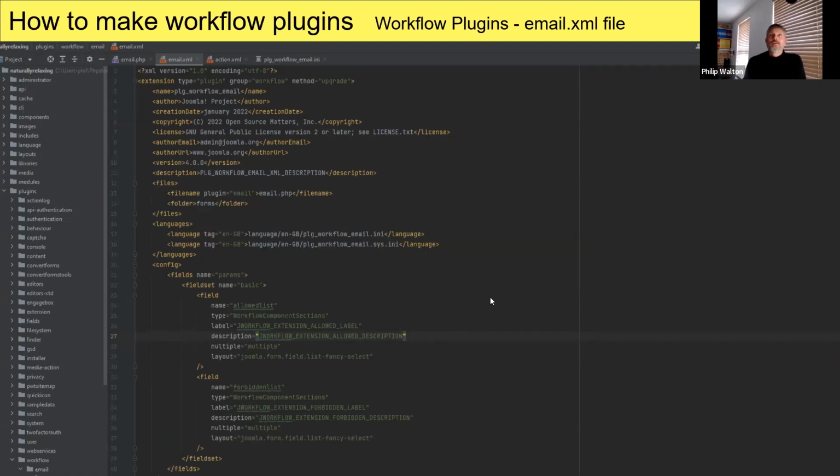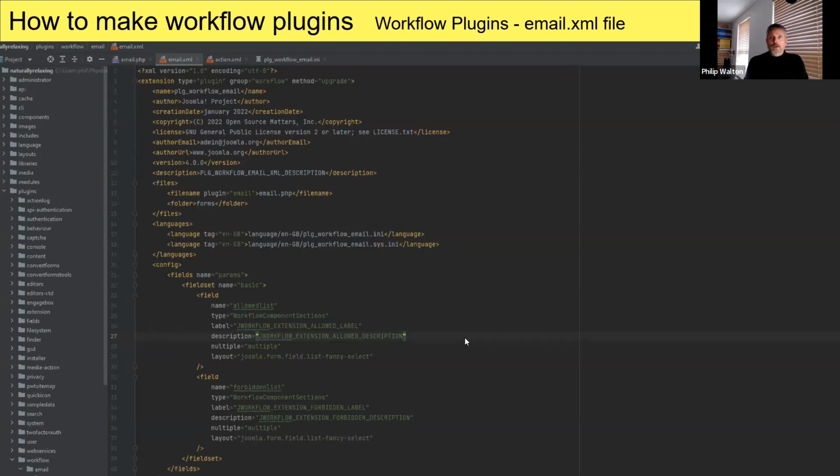Kept it simple. And for those that are not familiar, the reason it's written like this is for the language strings, so that this can be decoded for the language that's set for the backend of Joomla, and you can put different language files in then and select different languages. They would be picked from the languages area, and they would replace these bits where you see this with the correct language.